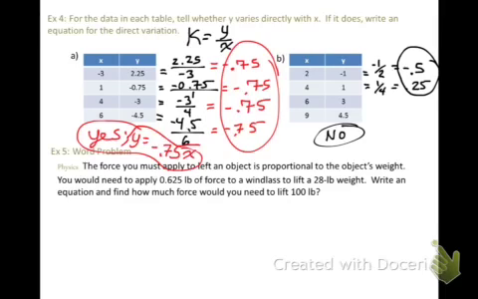All right. The force you must apply to lift, sorry, that's not left. Lift an object is proportional to the object's weight. You need to apply 0.625 pounds of force to a windlass. It is windlass, something like that. To lift 28 pounds. Write an equation and find how much force you would need to lift 180 pounds. So first you're going to